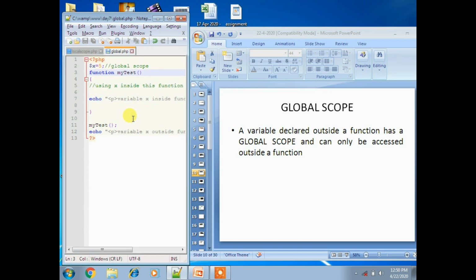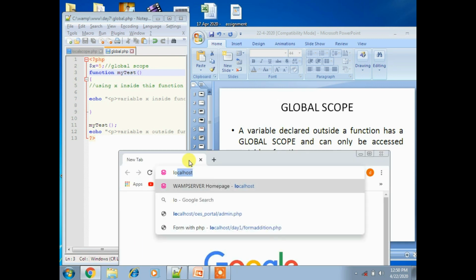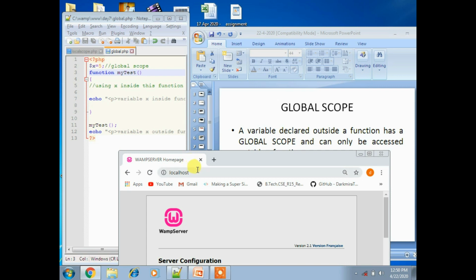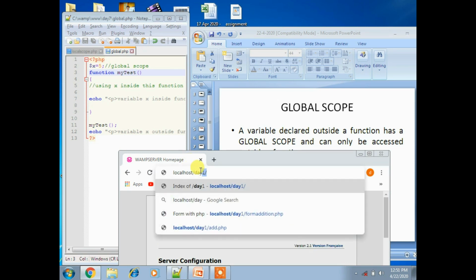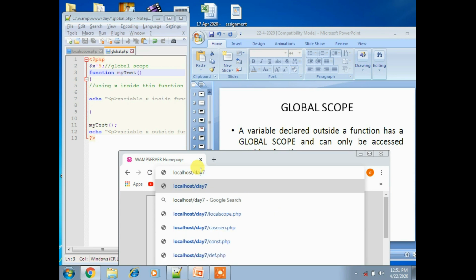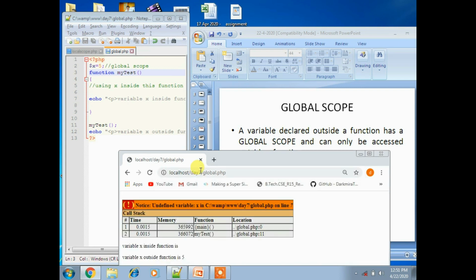Now execute the program by opening Google Chrome, type localhost, press enter, and then you can see the folder name I specified, day7/global.php, that is our program. Press enter.